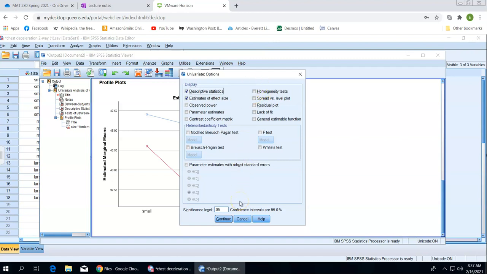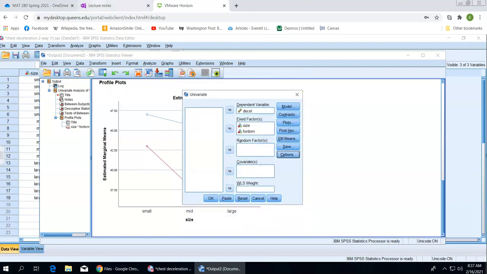However, for some reason, this version of SPSS has a bug with that test, and it will shut down SPSS. You're welcome to try it and see if it does. But I've looked it up online. I'm not the only one who's found this. There's a bug. So you get a free pass on that